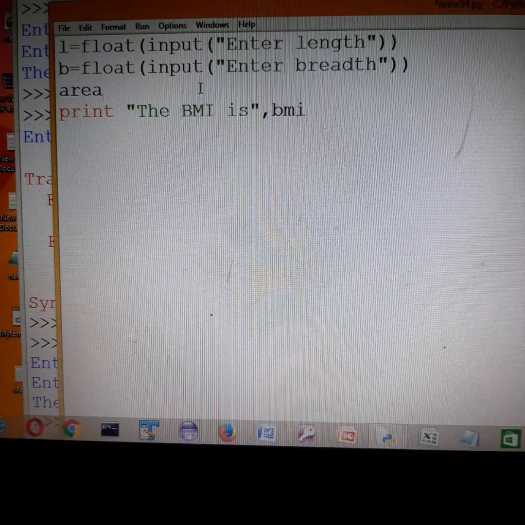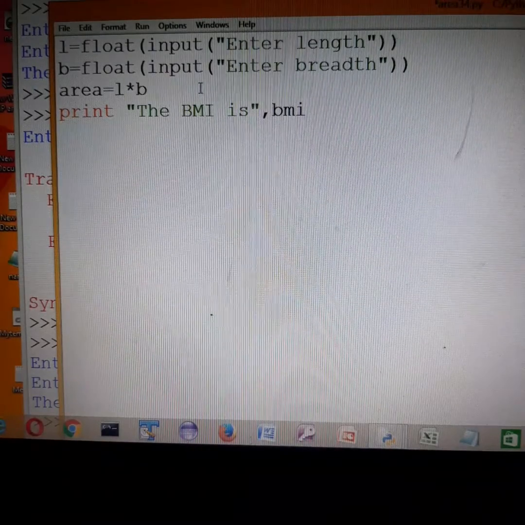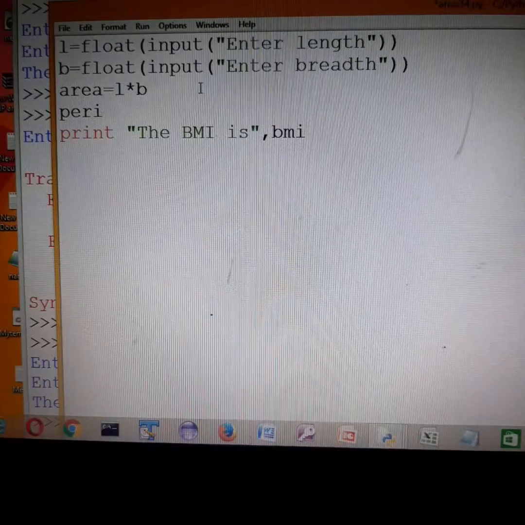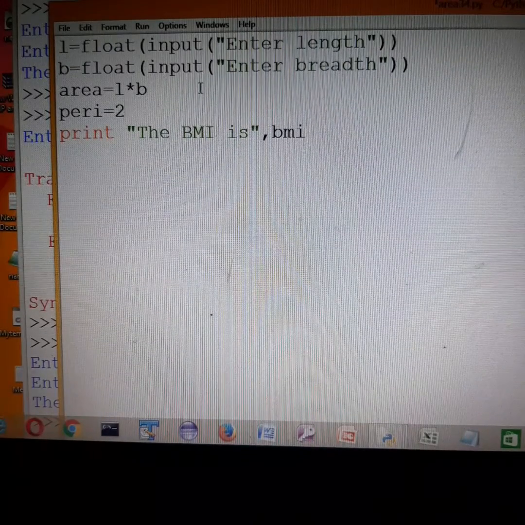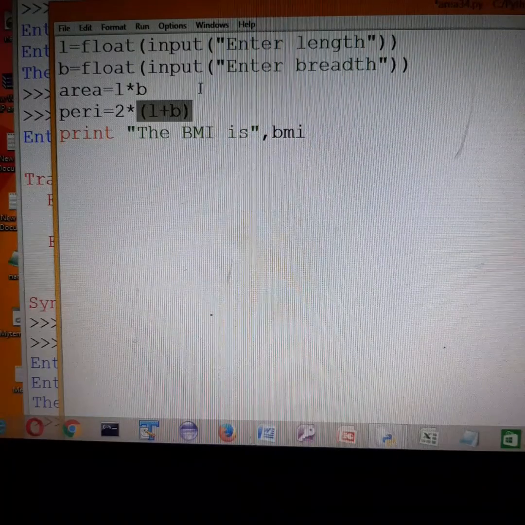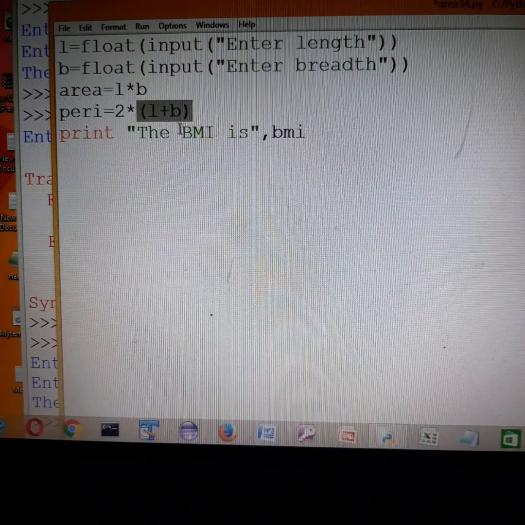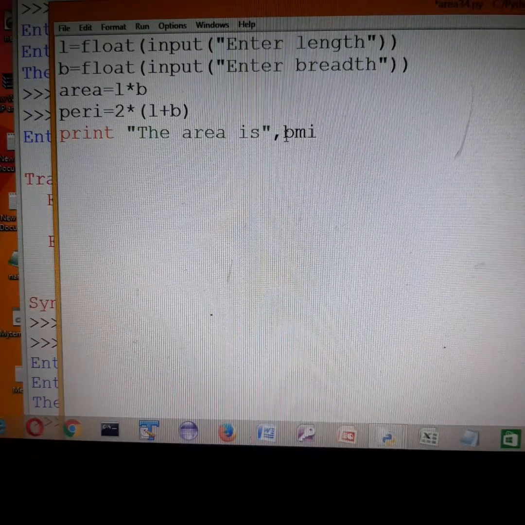Area is equal to L into B, and perimeter is twice into L plus B. So here it will print the area is area.